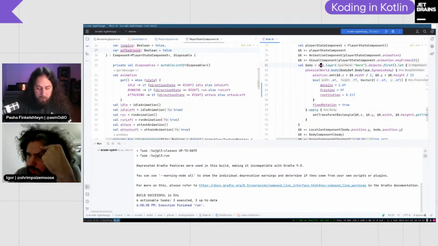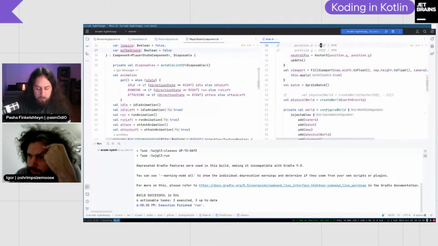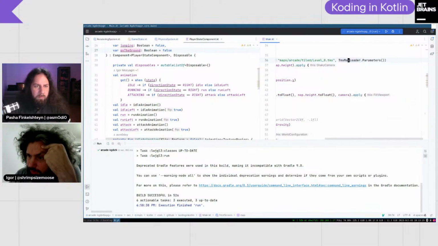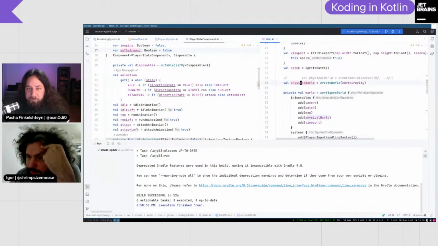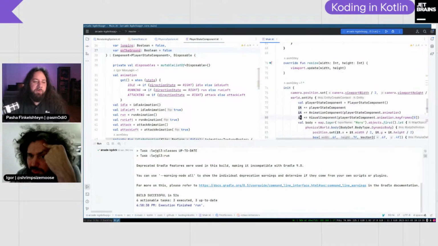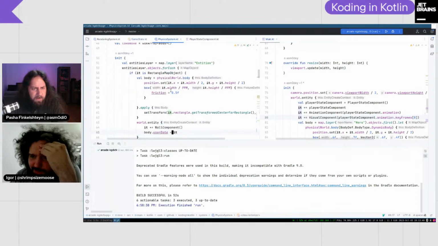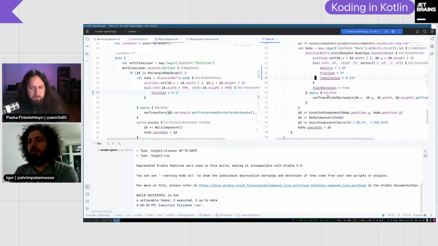So this is the hero. And where is the world? Where do we set the friction of the walls? Oh, in physics system, because we create walls in physics system. Okay, I see. So we say this equals 0.1. And then here we say back to 0.8.